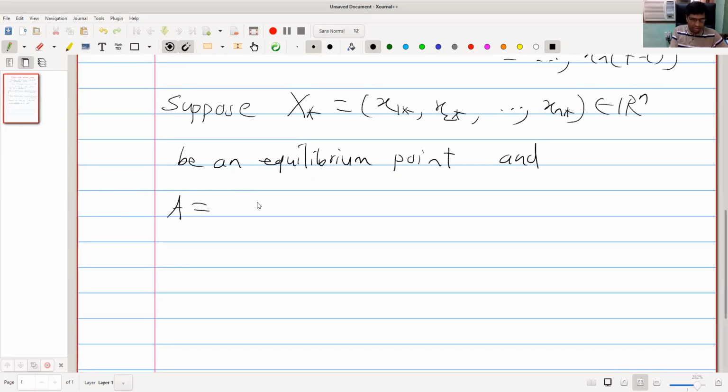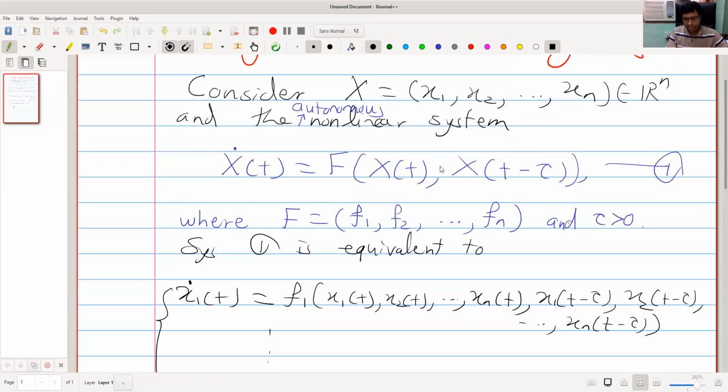Its ijth entry is the partial derivative of fi, the ith component of the right hand side, with respect to xj of t, the jth element in capital X,